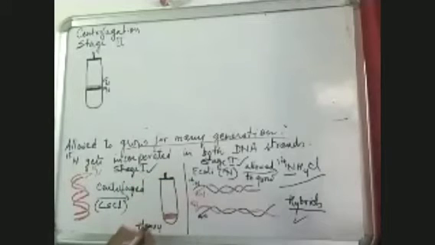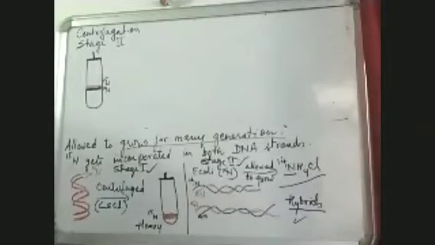And this is only N15. So it took a lower position because it was denser. This is the density gradient centrifugation. Then after that, what